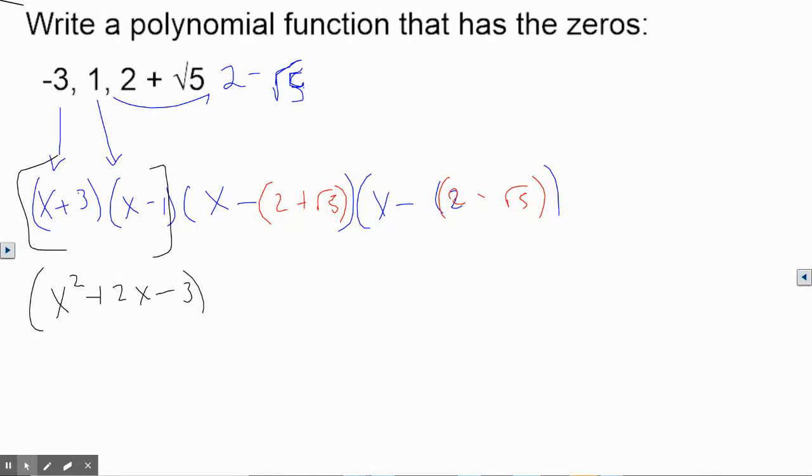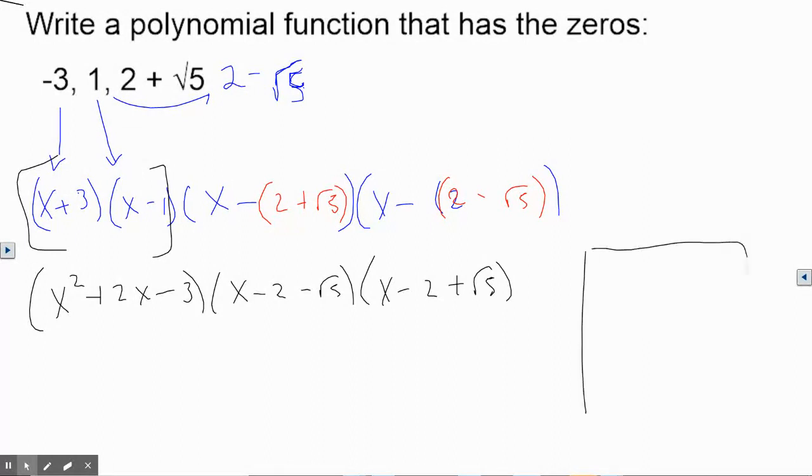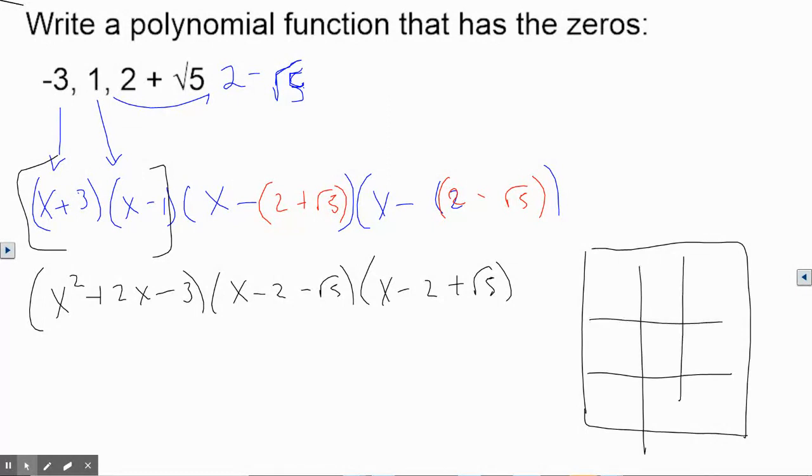But the next ones, you might not realize that this is going to be easier than it looks. So for instance, x minus 2 minus the square root of 5 times x minus 2 plus the square root of 5, getting rid of the inner parentheses. You might try to do this in a box. So I'm going to suggest that you set up this box just like so,